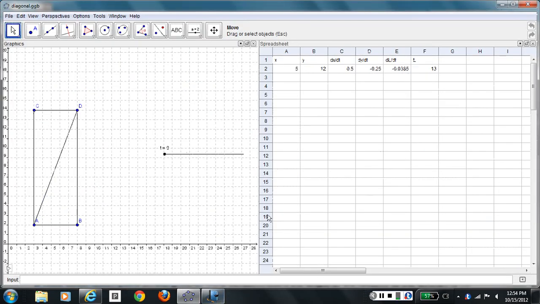Yeah, that's what it was. As the values of x and y change, because dl dt depends on the values of x and y as well as the value of l, dl dt will change. So just consider what happens here as we let time pass a little bit. The length of the diagonal is decreasing because dl dt is negative, but dl dt,